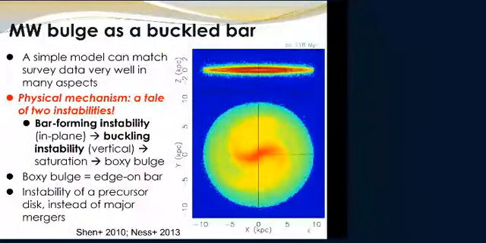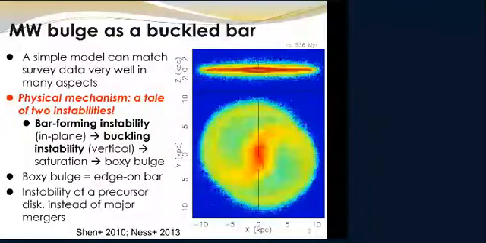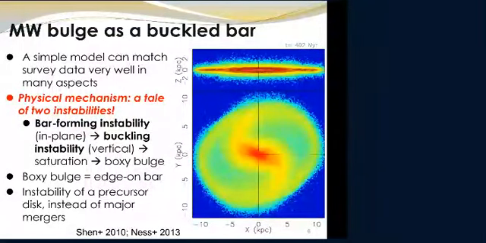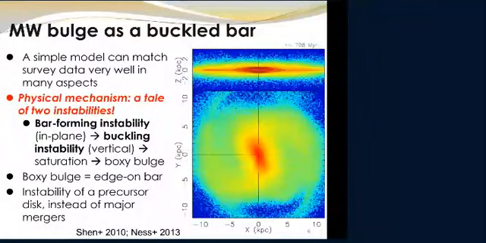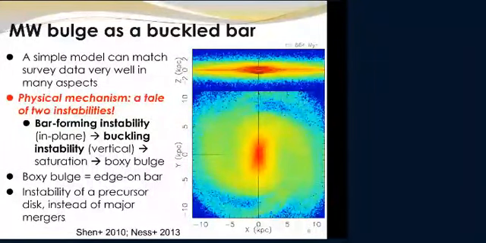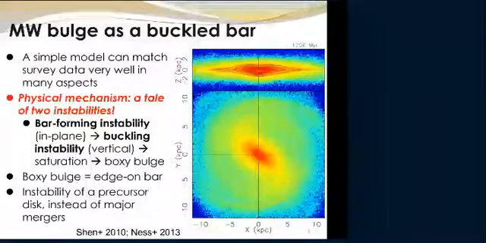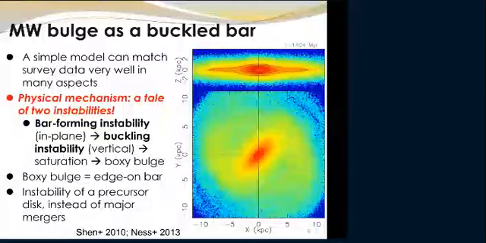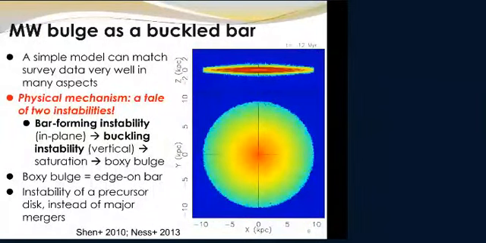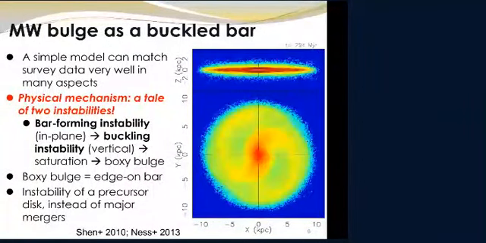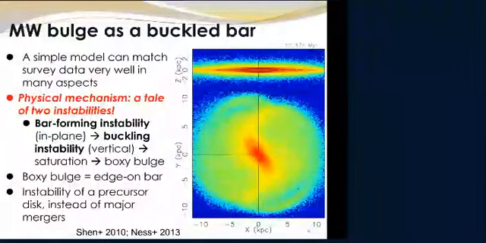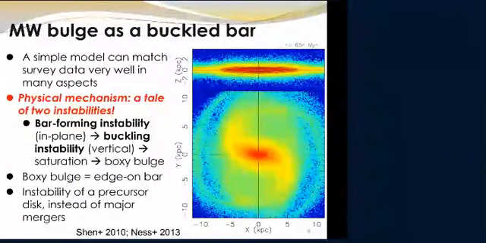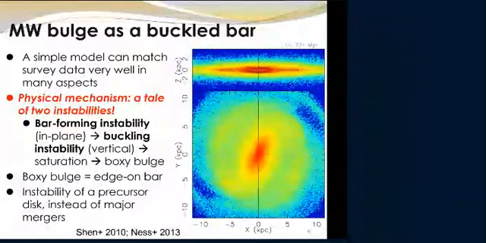I assume it's working. This model starts from a thin disk, then a bar forms in the horizontal direction, and we look in the vertical direction. Then you see that after the bar forms, the disk forms a wave-like instability, and that instability is called buckling instability. So not only do we see that the simple model can match the survey data well,